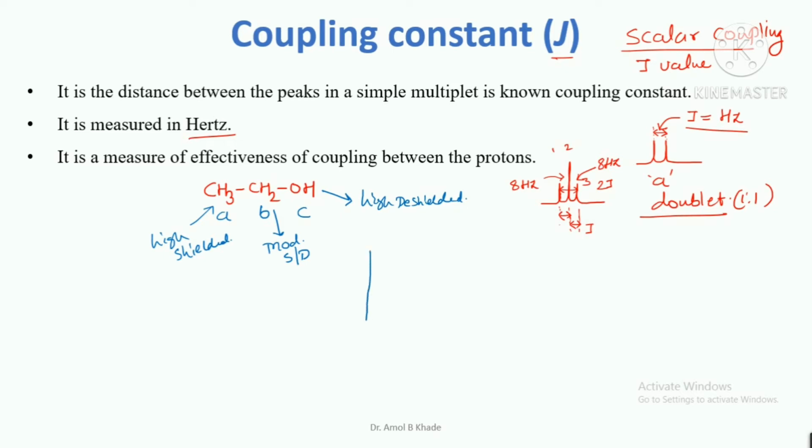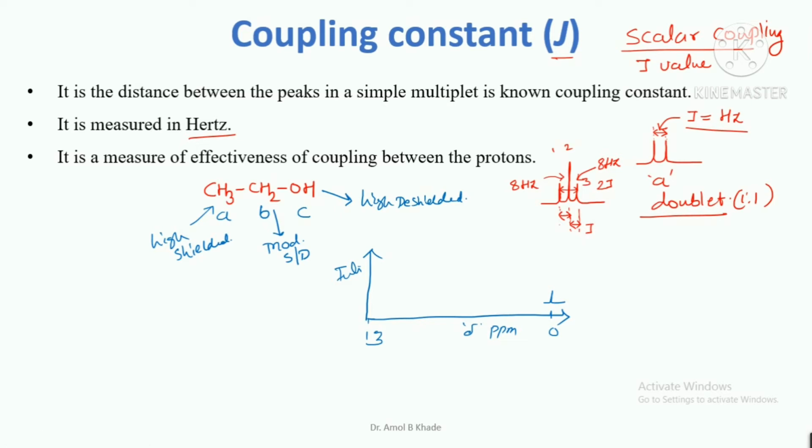Now when we have an NMR spectrum for this particular molecule, remember on the x-axis we have the delta value in ppm, which is the chemical shift, and on the y-axis we have the signal intensity. Towards the right side we usually plot the TMS, which acts as the internal standard, and the scale goes up to 13 or 12. We get a small peak for TMS, and with reference to TMS we plot the other signals.